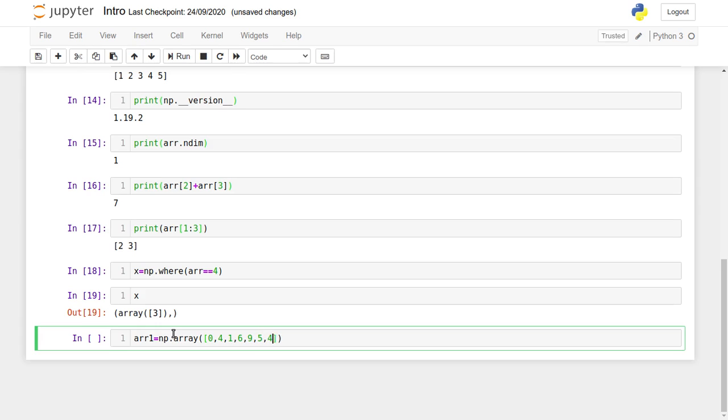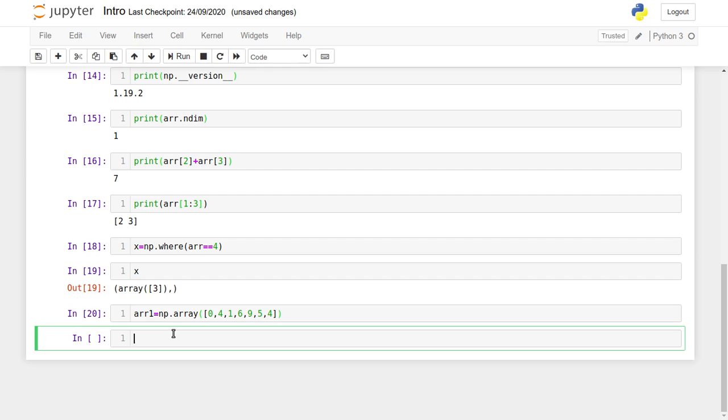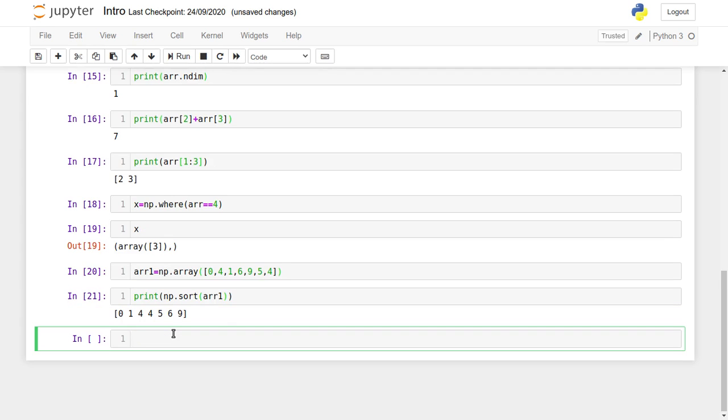Now I have one array with random values. I can use the sort function to sort the array, print np dot sort, and this function takes the array as the input. So now it will print the values in sorted order: 0 1 4 4 5 6 9.